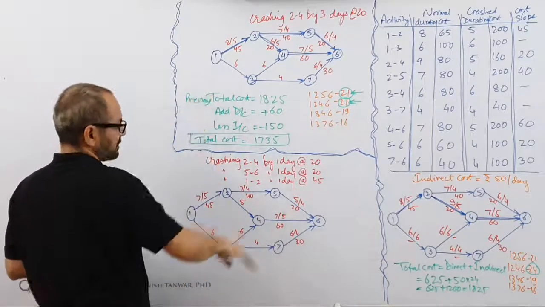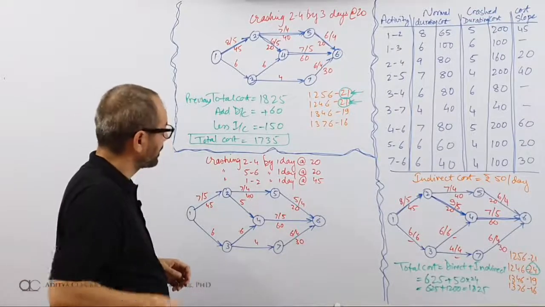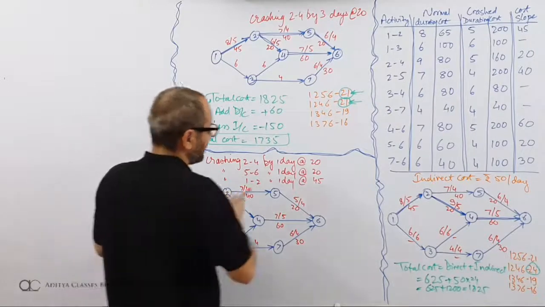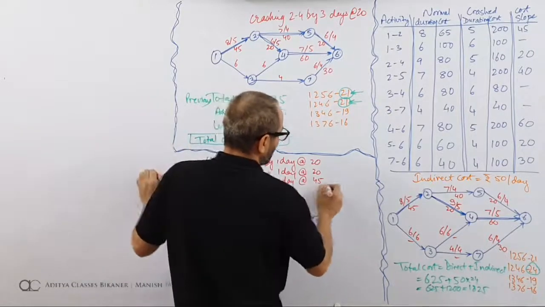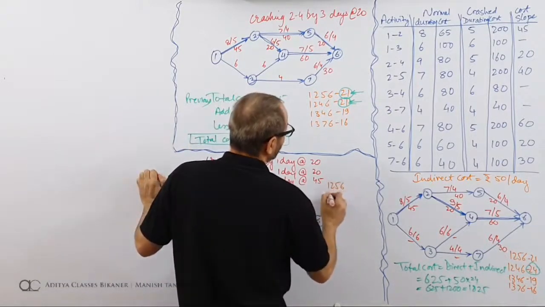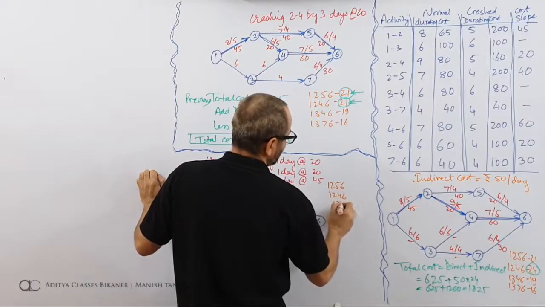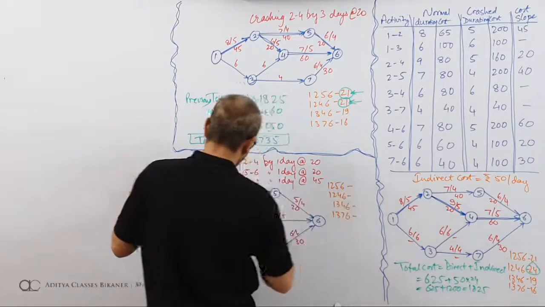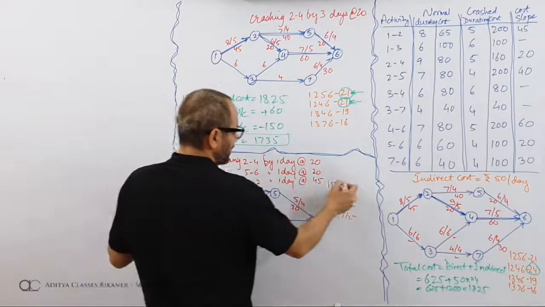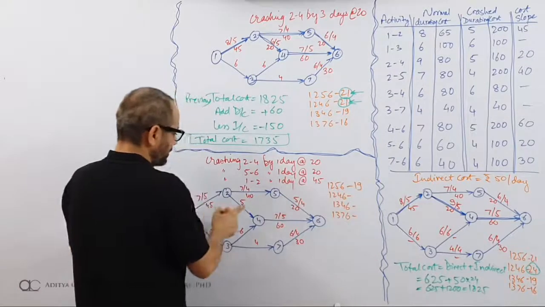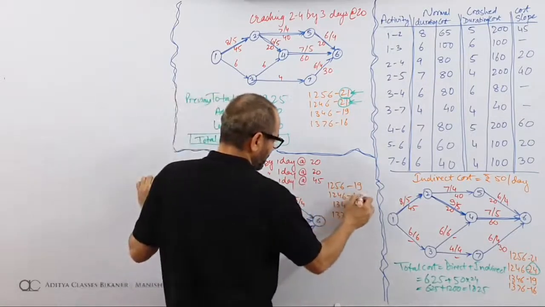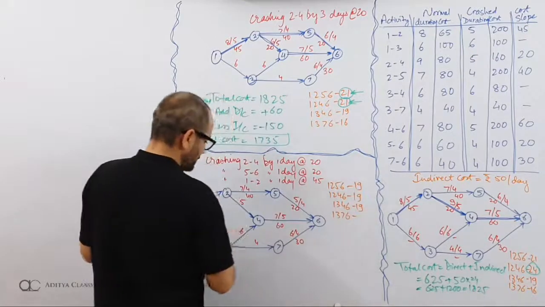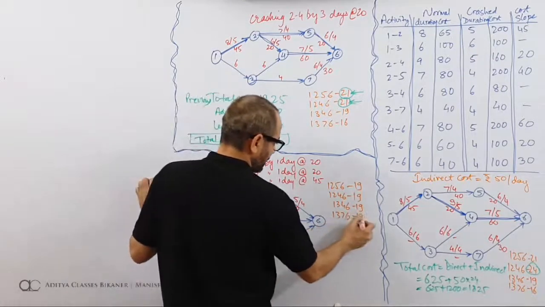Is that fine? So I have my complete new figure. If I talk of critical path, what will be the durations? My paths will be 1, 2, 5, 6, 1, 2, 4, 6, 1, 3, 4, 6 and 1, 3, 7, 6. What about the durations? 7 and 7, 14 and 5, 19. 7 and 5, 12 and 7, 19. 6 and 6, 12 and 7, 19. 6 and 4, 10 and 6, 18.